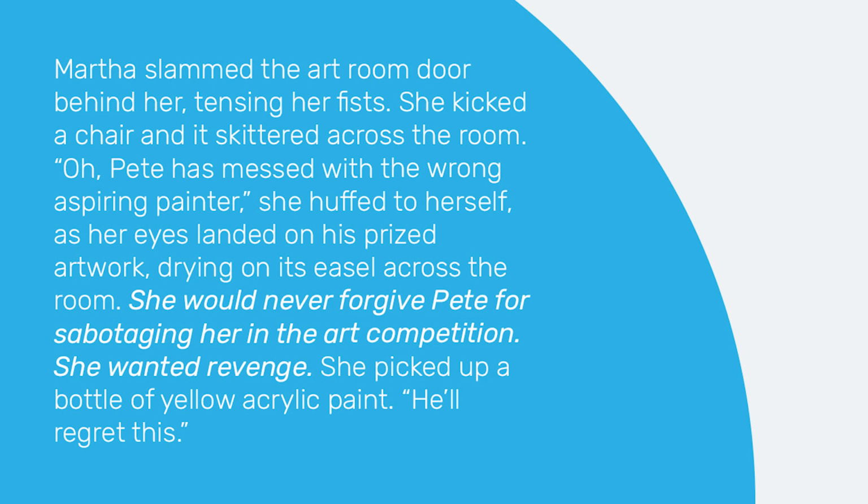Oh, Pete has messed with the wrong aspiring painter, she huffed to herself as her eyes landed on his prized artwork drying on the easel across the room. She would never forgive Pete for sabotaging her in the art competition. She wanted revenge. She picked up a bottle of yellow acrylic paint. He'll regret this. Here, the telling sentences are woven into a larger scene paired with active and immediate detail and